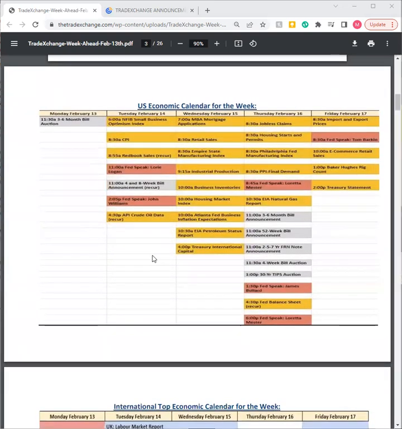Looking at your economic calendar for the week. On Monday, nothing on the agenda, members. It's going to be a clean sweep of a day on Monday regarding economic data. Tuesday, we have your CPI. And as always, after hours for the oil traders, we do have your API crude oil data. We also have Fed speakers Lori Logan and John Williams.